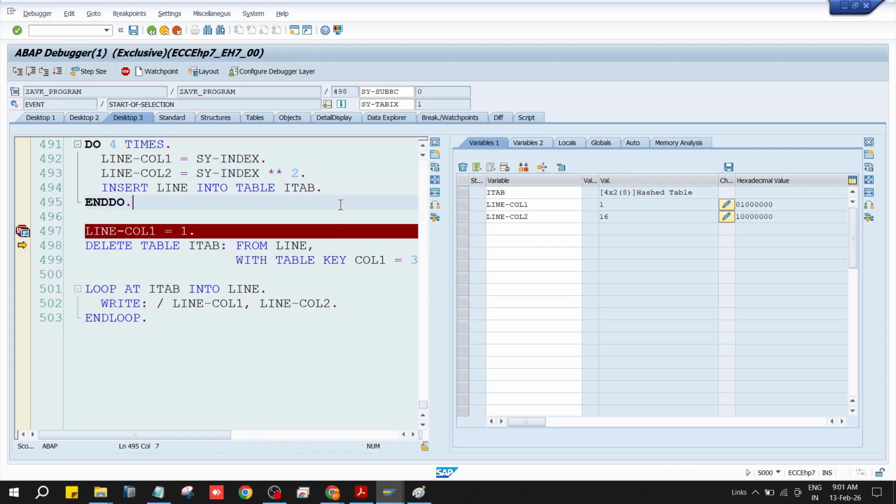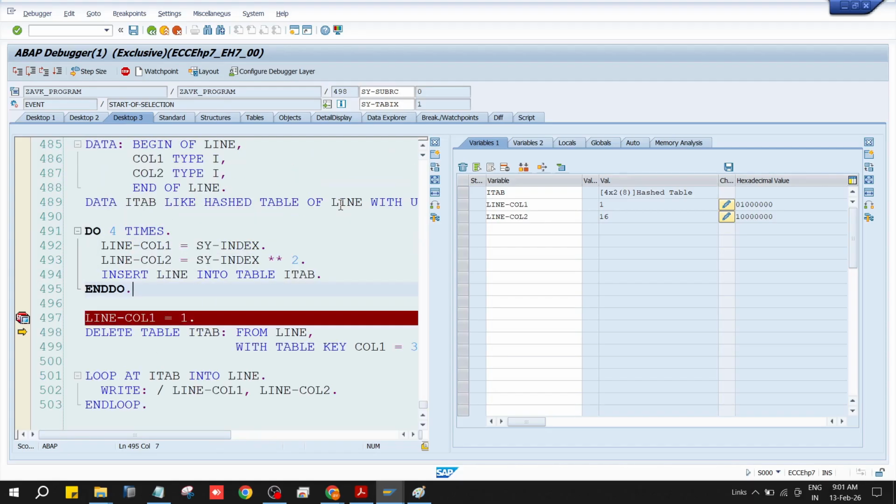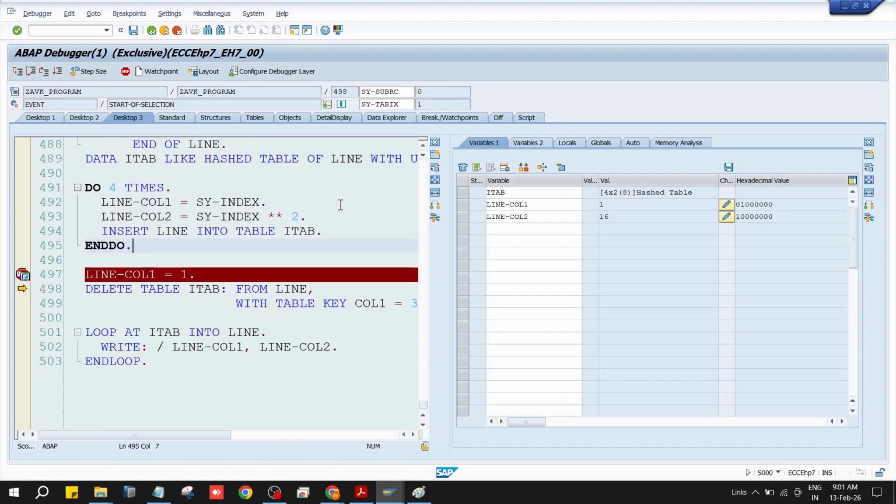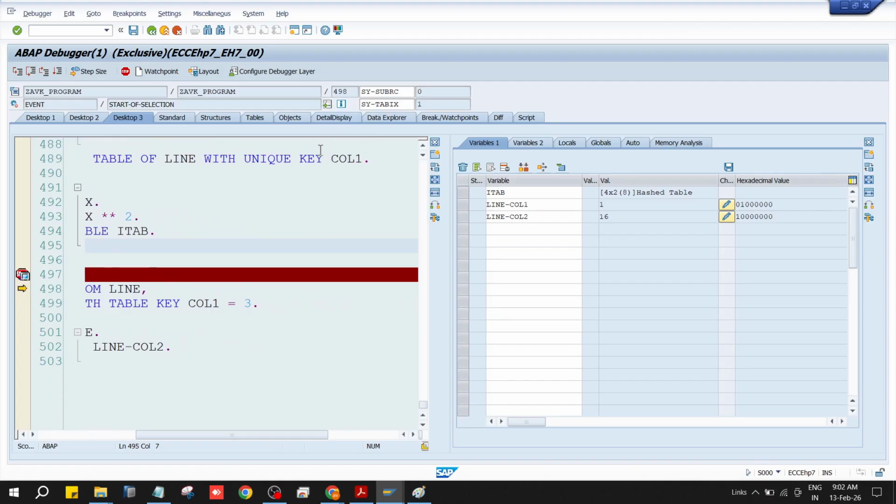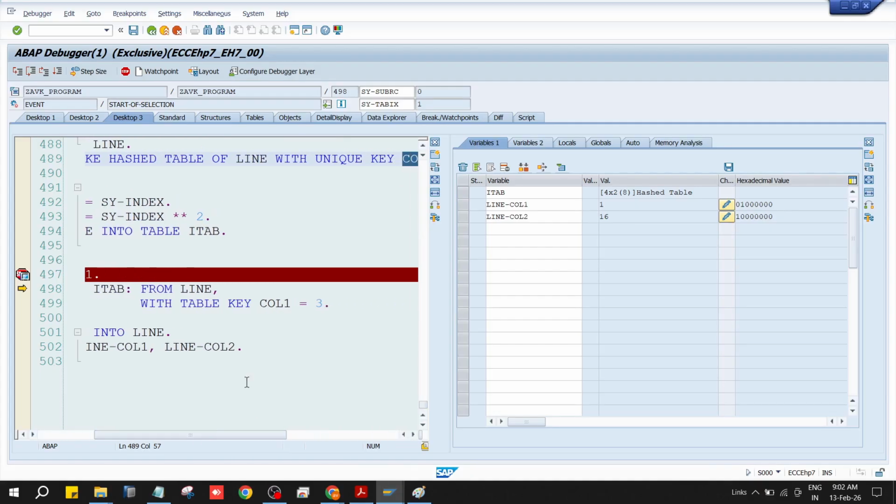When we go to the hashed, almost we are using standard index, sorted index. Generally we use with the key, but hashed always will go with the table key. The table key is again table. This table is having key as call one, so that's why comparison is also happening with the call one